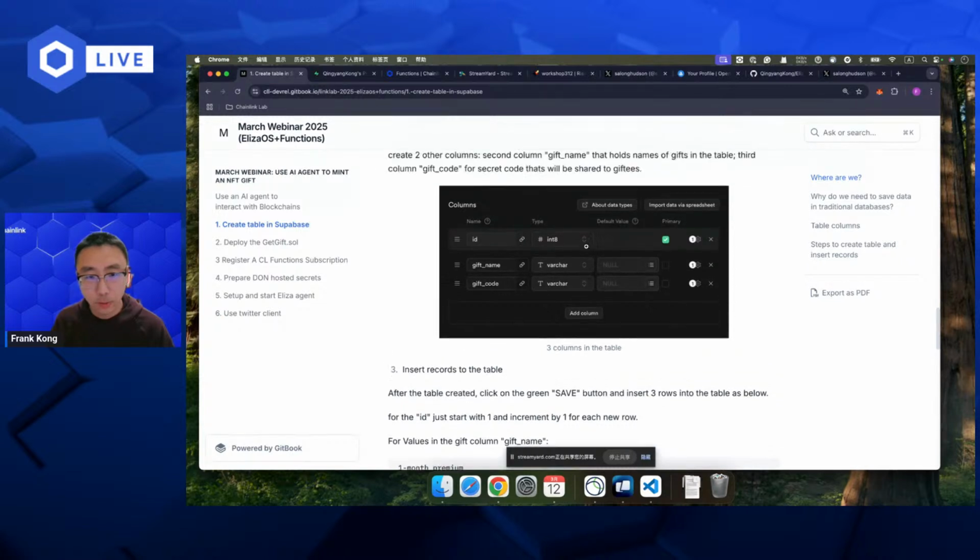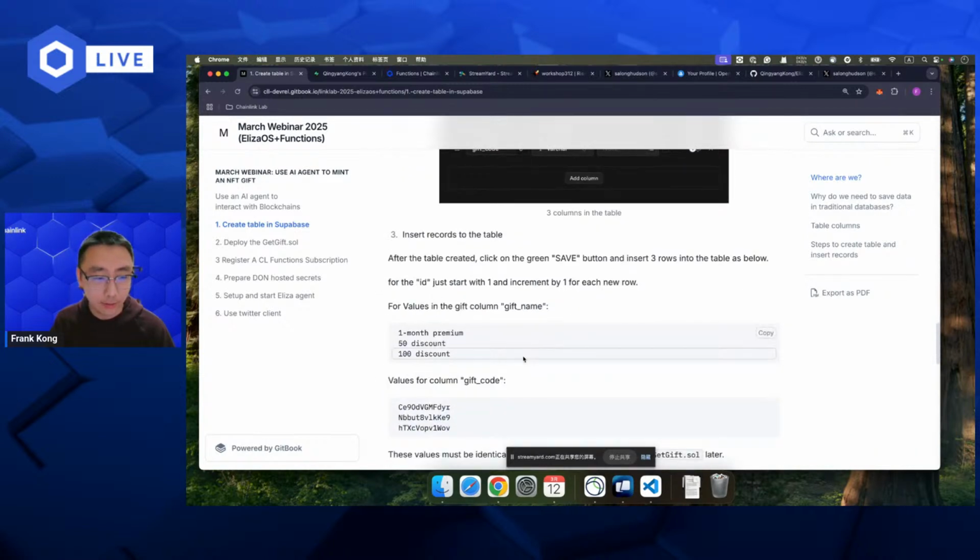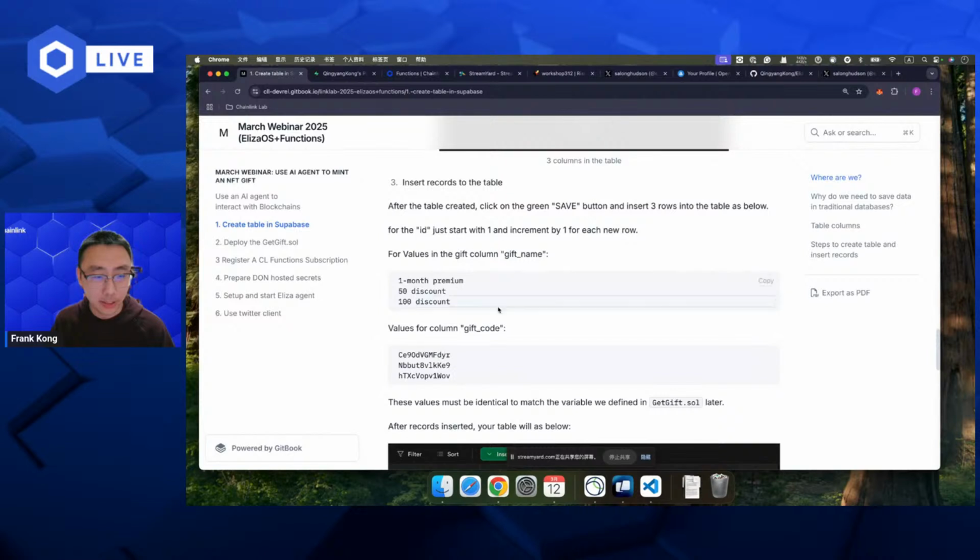Please pay attention when you create this table. The table name and column names are case sensitive, because we write the URL and the SQL in JavaScript, and we hard code this JavaScript in the smart contract. So you need to be careful. This should be case sensitive, and then input the 3 values into this table.